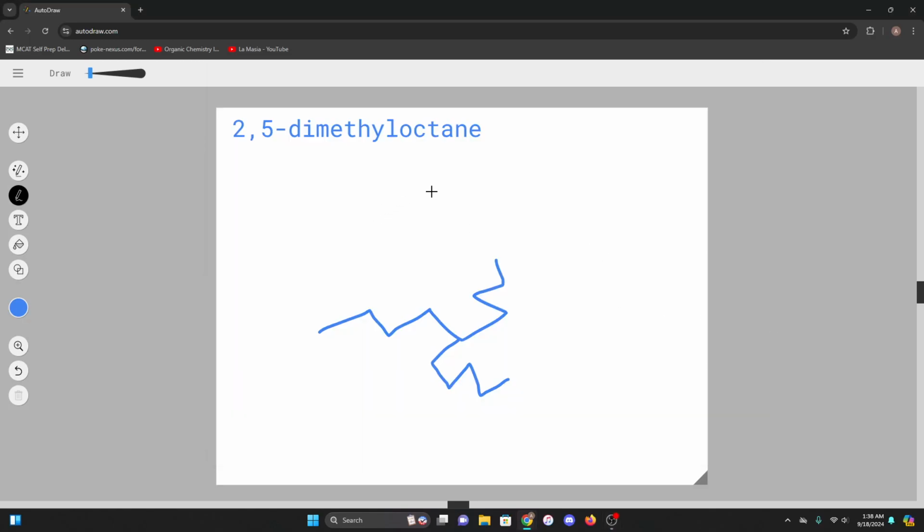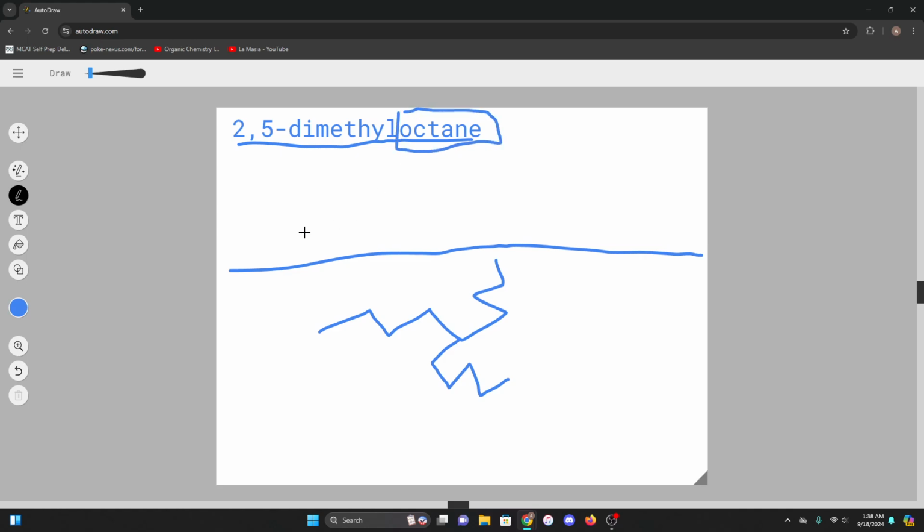Okay, today we're going to learn about IUPAC naming. First example I'm going to show you is how to look at a name and draw it. And then the second thing we'll do is look at a drawing and name it. So the first thing we're going to do is always start reading at the end: octane, meaning we